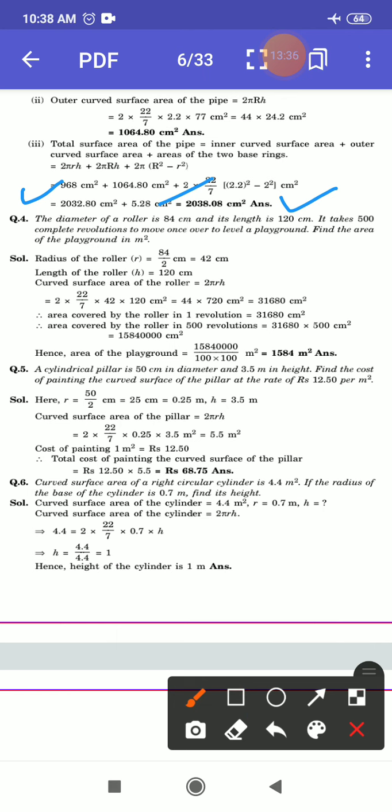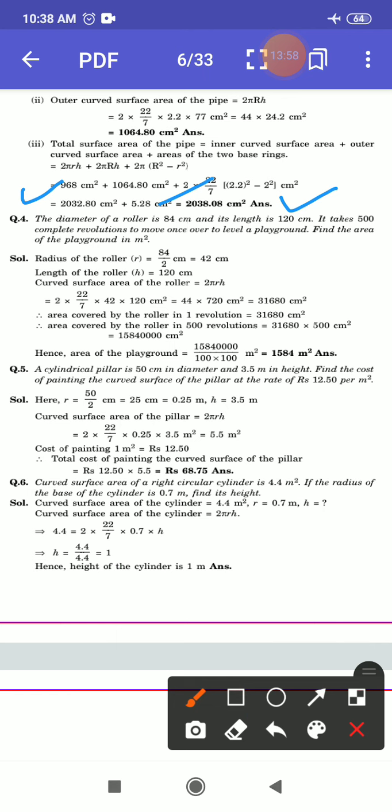So in the roller, a roller is there, the wheel, which we call a pahiya, you must have seen that roller. So that roller is in the form of a cylinder. You have to know what the shape of a roller is. So the shape of a roller is a cylinder.